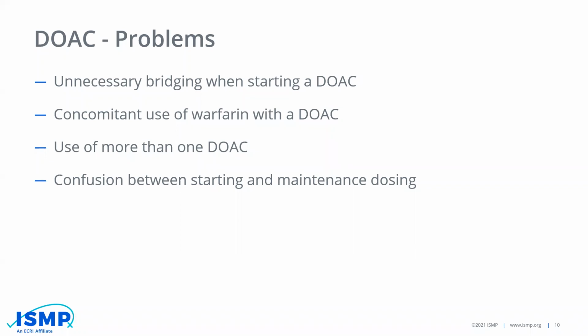And we've seen issues with confusion between starting and maintenance dosing and the dose packs that they have. So dose packs are great to help patients kind of do the right thing in the first month and the second month. But we've had problems where we have reports of people issuing refills on a starter pack when a starter pack is only for 1 month. We've had people get starter packs that were actually a teaching starter pack with no pills in it get dispensed